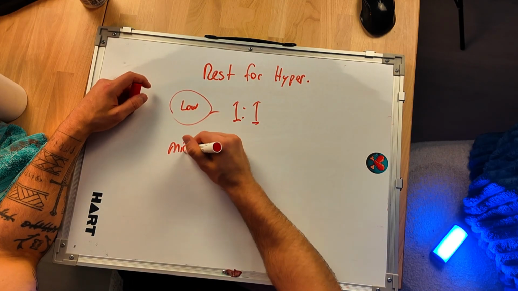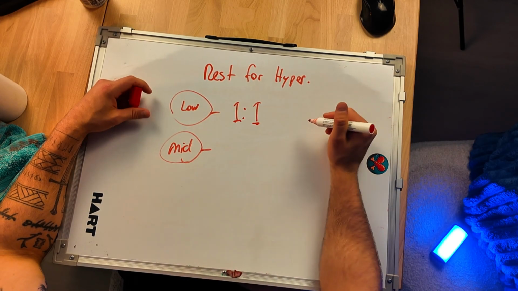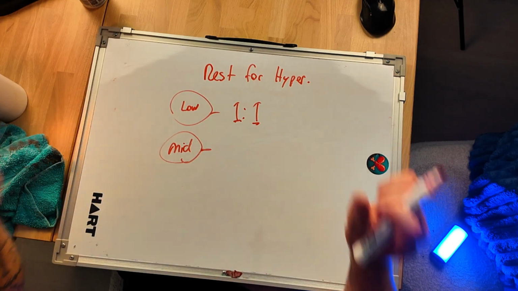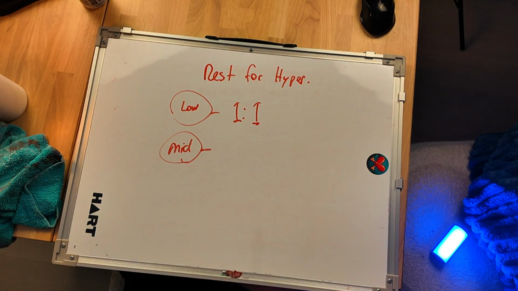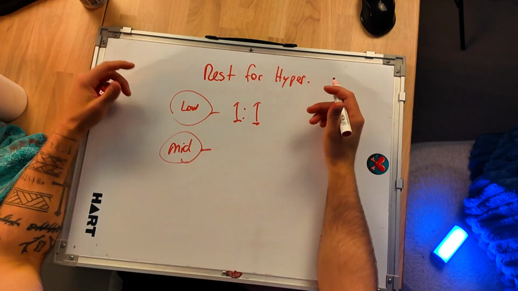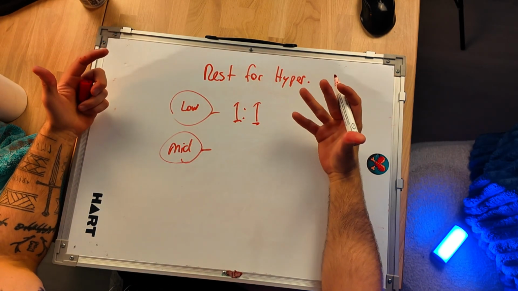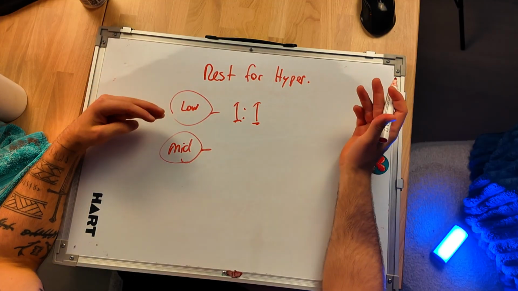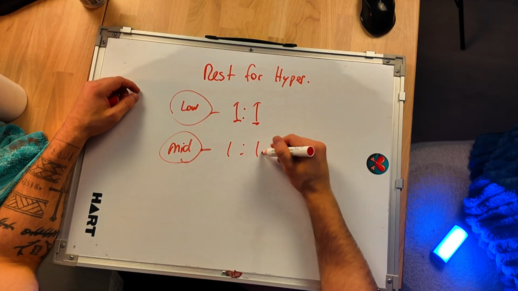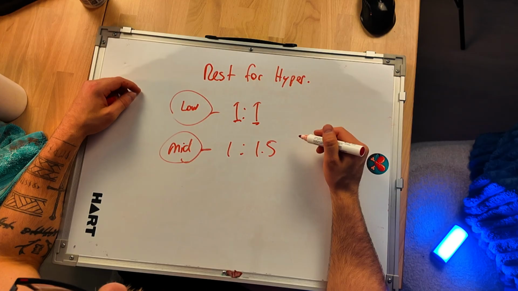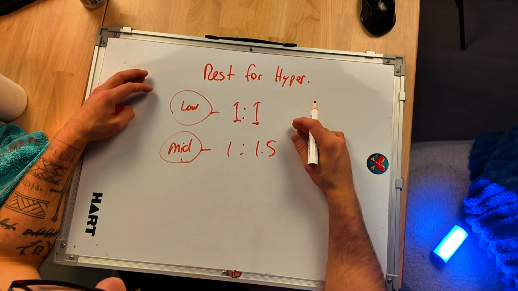For middle intensity activities, think now perhaps shoulder overhead press, where we've got a compound movement that's got lots of different muscles involved, and it's going to elevate your heart rate because there's more things functioning, but it's not going to blow you out of the water. We like a rest ratio of about 1.5 to 1. So if it takes you a minute, you're going to get a minute and a half rest.